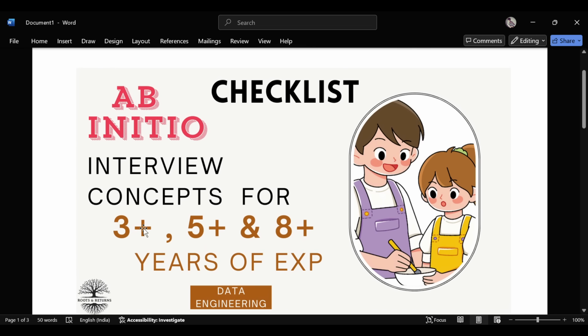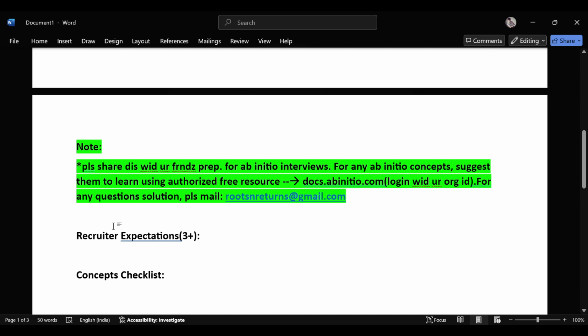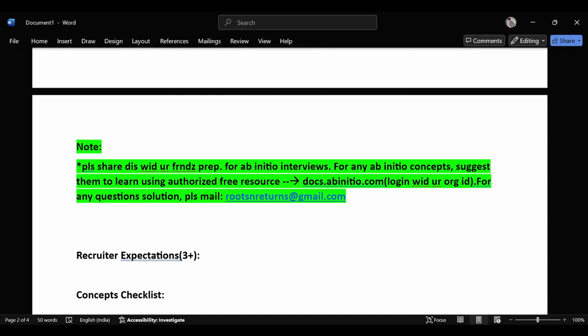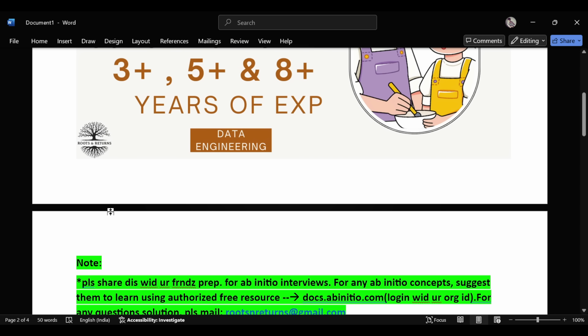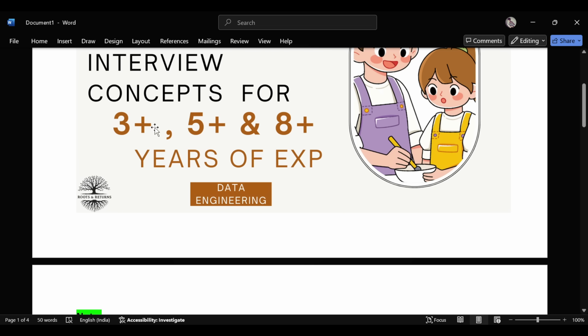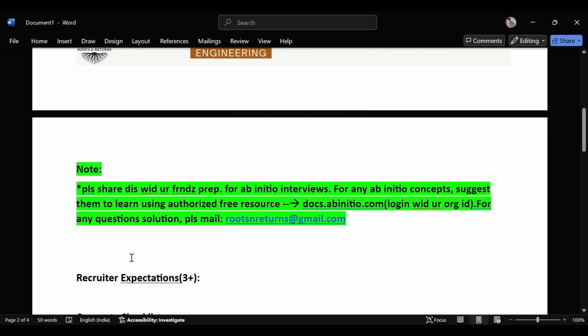So first, we'll focus on 3 plus. These are the juniors. My idea for this presentation is to discuss the status of these 3 plus people, and how they would perform. If I were a recruiter, what's my point of view? When I'm recruiting, I'll be looking for some points related to the experience level, let's say 3 plus years of experience.